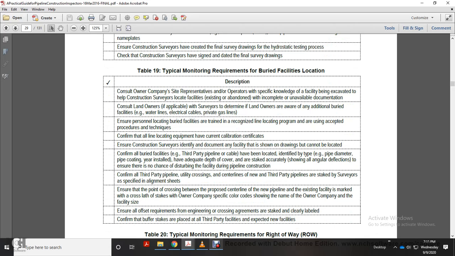Alright, Table 19, typical monitoring requirements, buried facility location. Construction consults with the owner company, with a representative of the owner, to survey the operator's specific knowledge of the facility being excavated with the help of the construction survey to locate the existing facility. In a bank with incomplete or unavailable documentation, consult the landowner if applicable, with the surveyor, to determine if the landowner is aware of additional buried facilities,